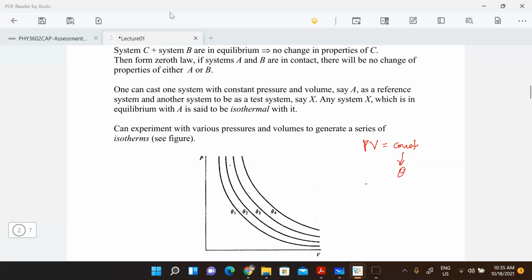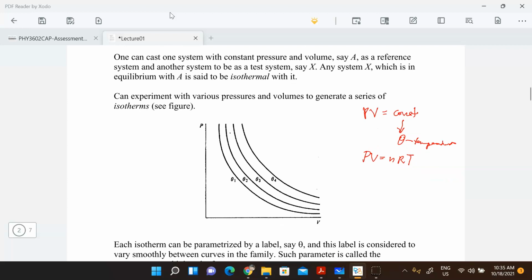If you remember, the ideal gas law would be PV = nRT, right? Here I'm using theta as your temperature. So for every temperature, you have these curves of constant PV. Okay, so in other words,